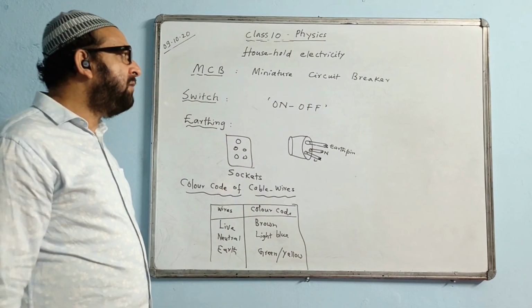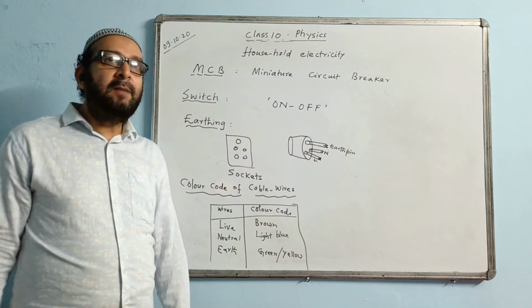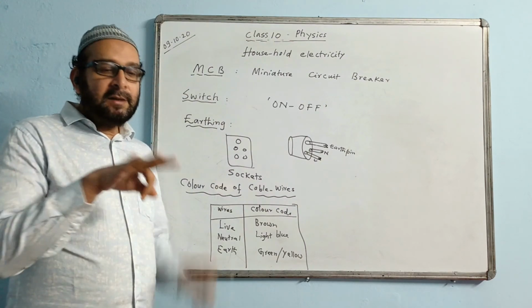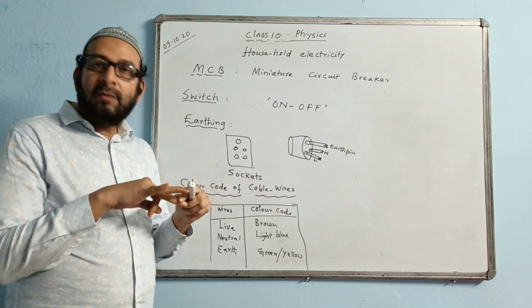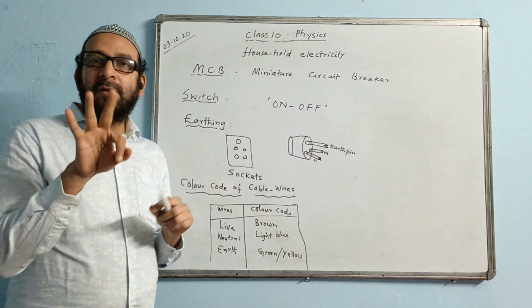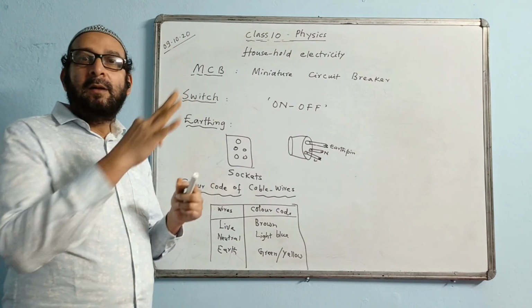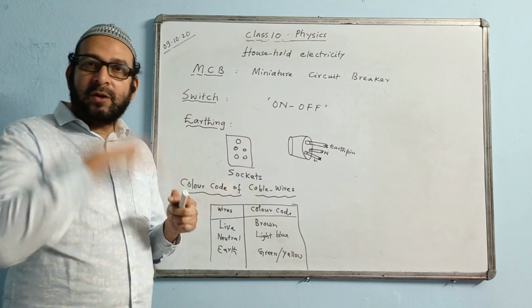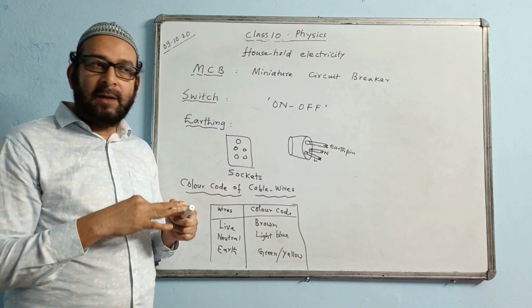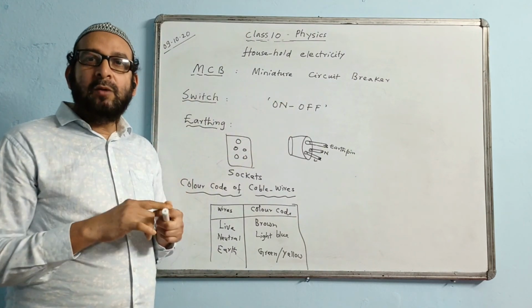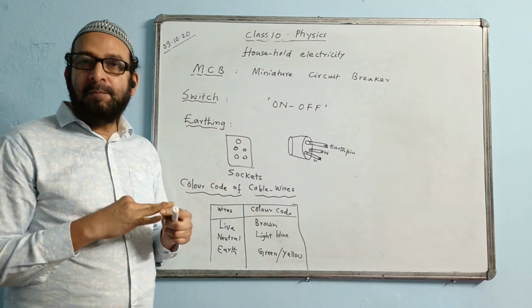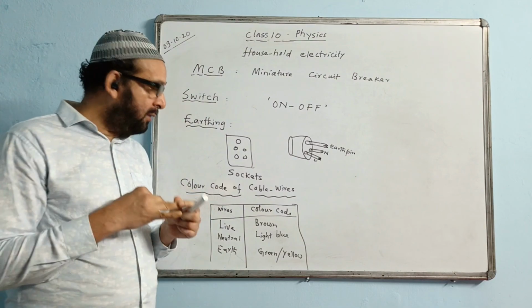Okay, and the last part of this chapter, please learn and keep it in mind. There are three kinds of wire: live, neutral, and the earth wire. Two of the wires out of the three are kept at the same potential. Outside the home where the transmission takes place, and between the poles, two of the wires are kept at the same potential. They are neutral and the earth wire.